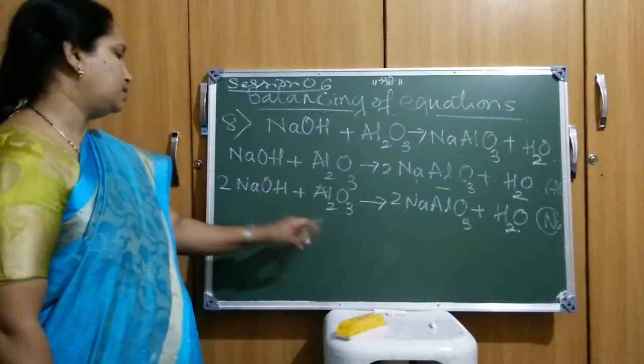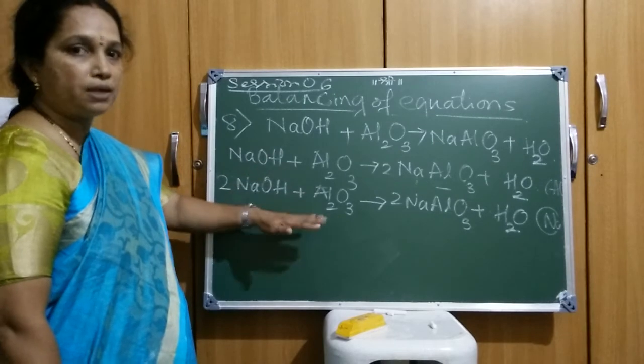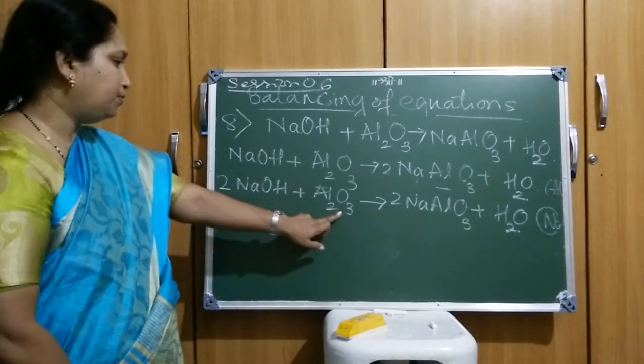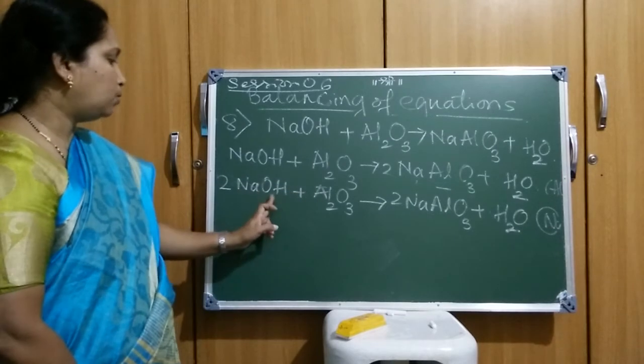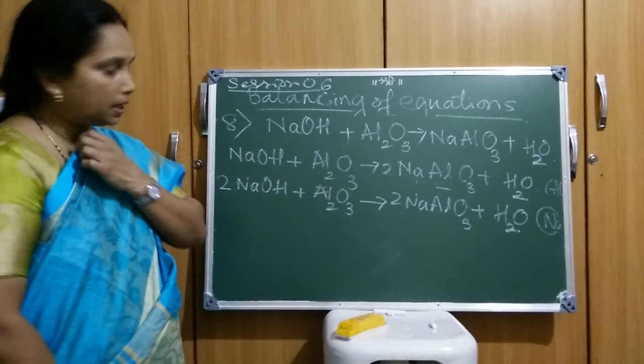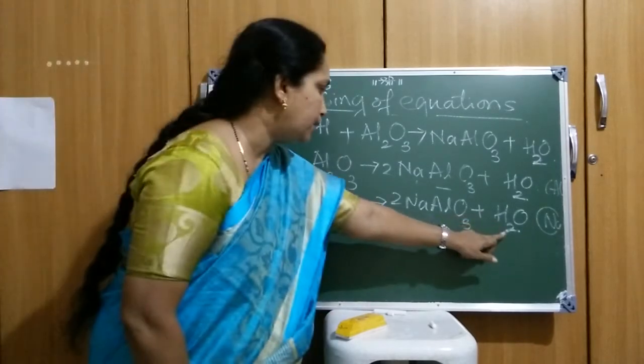And as I've said, each step you are supposed to observe or count the other elements which are present over here. So if you observe over here, what are the hydrogen as well as the aluminium. So hydrogen and the aluminium, if you observe, 2 hydrogen it is there, here 2 hydrogen is there.